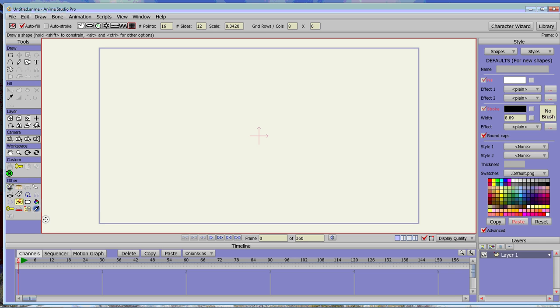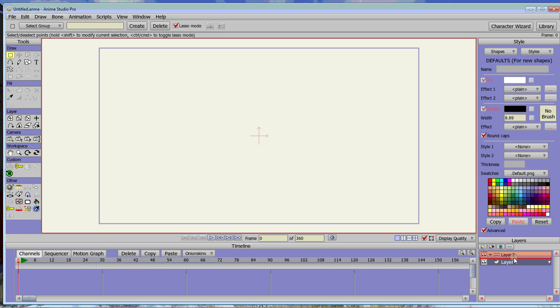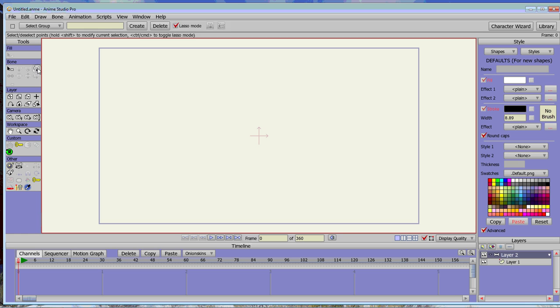Some of these other scripts I've got installed. Let's see. The Instant Limb tool, done by Pony Smasher. This one is a really nice little script for those of you who want to make a character. Show it to you real quick. I have a vector layer attached to a bone layer. In my bone layer, if I was to make a 2-bone chain like you would if you were making an arm,